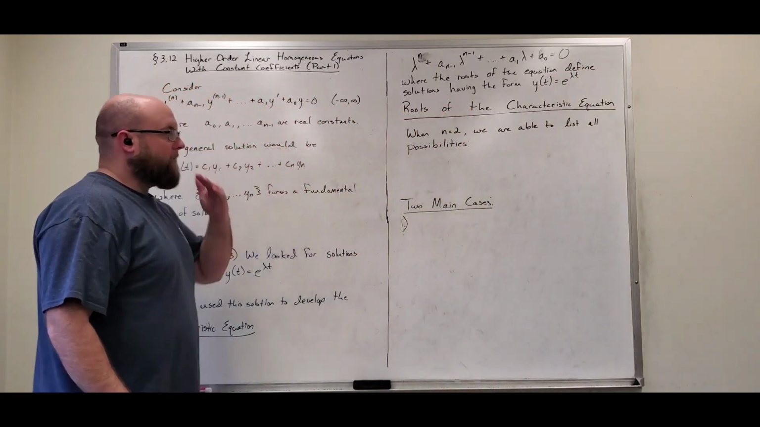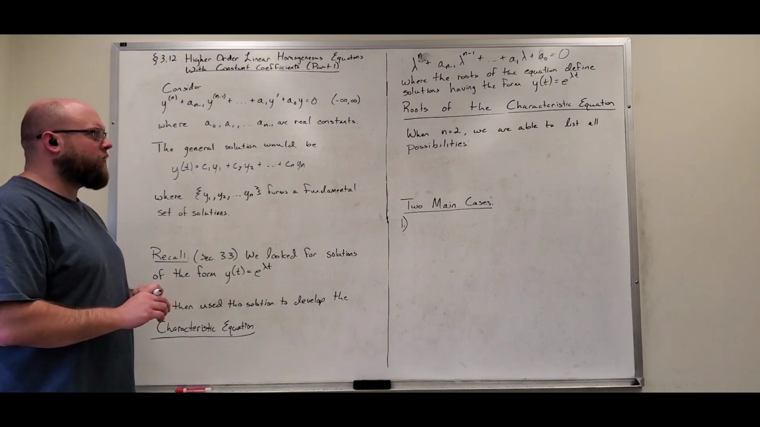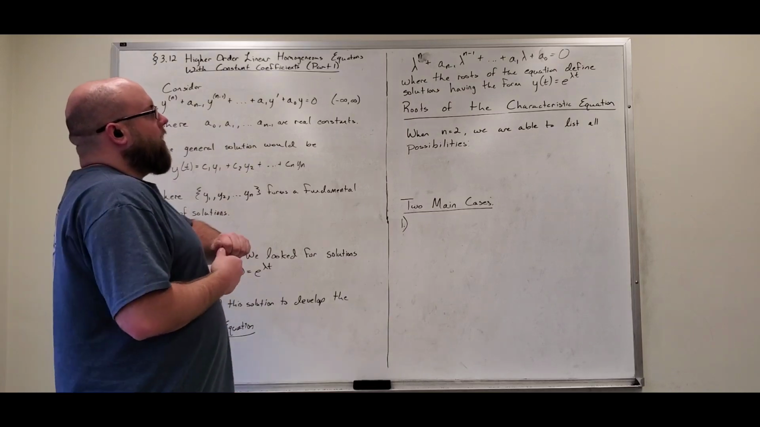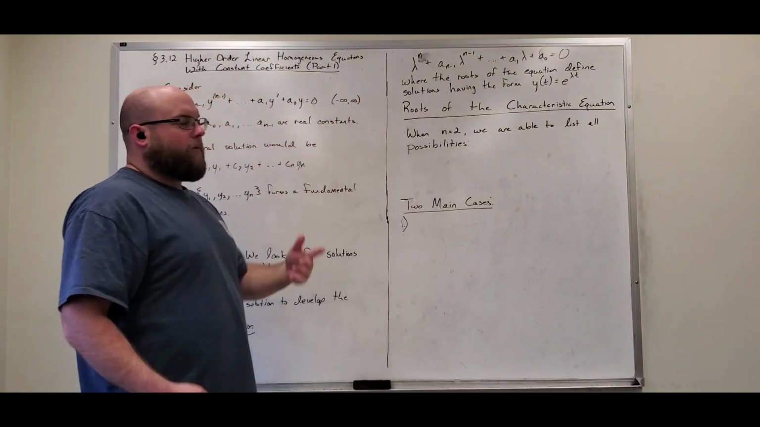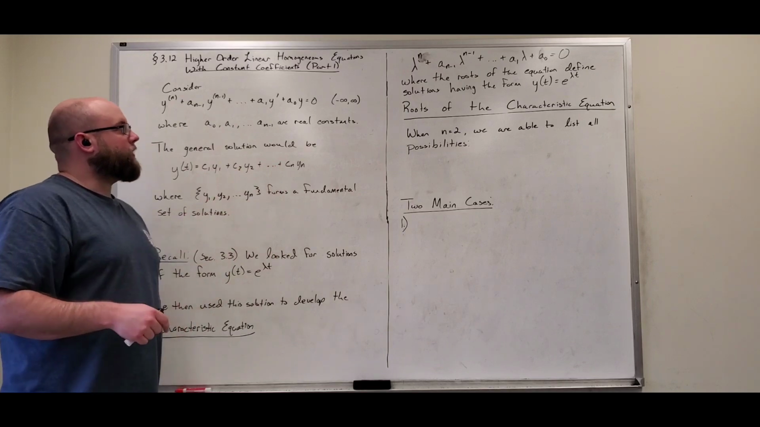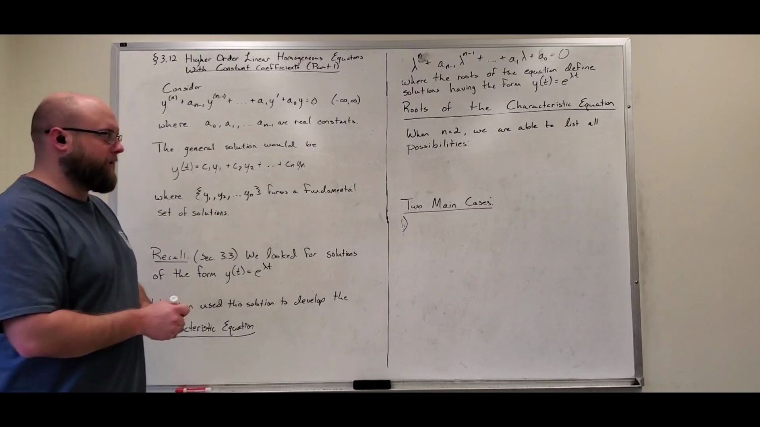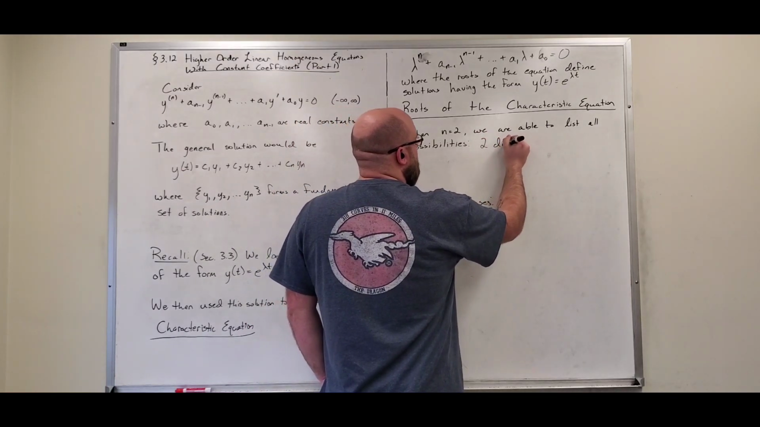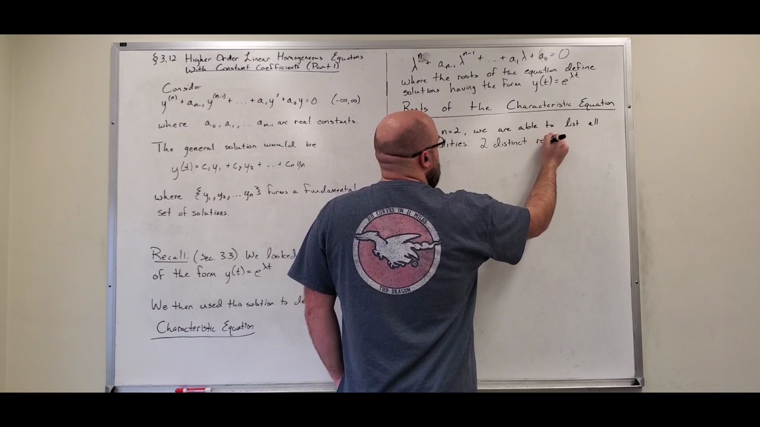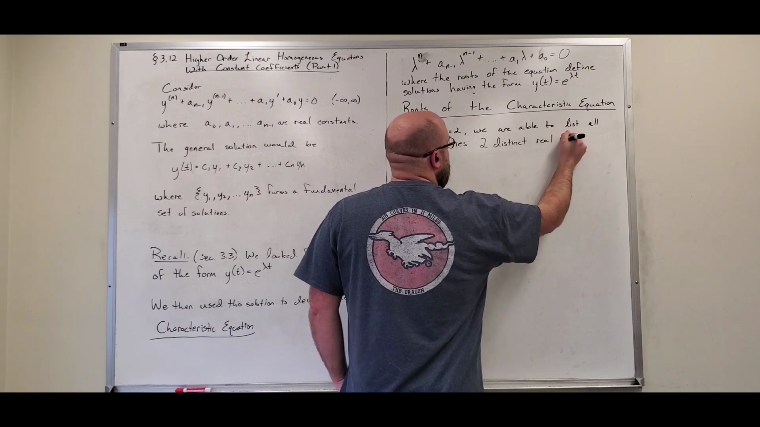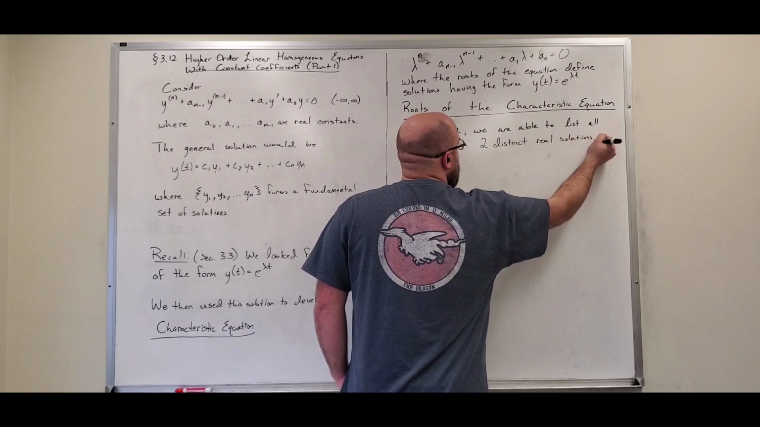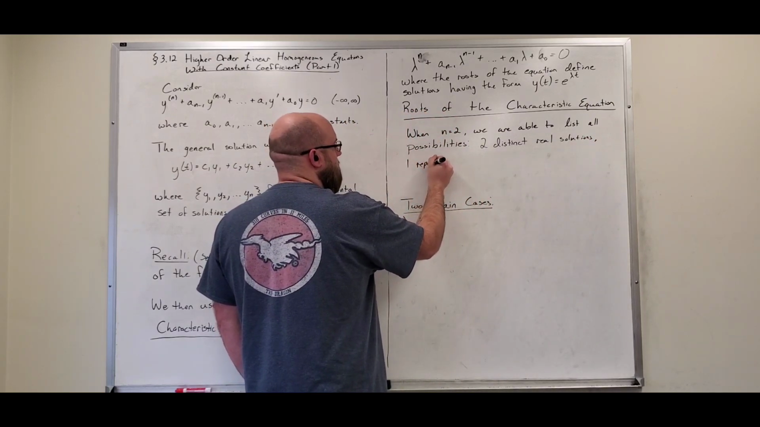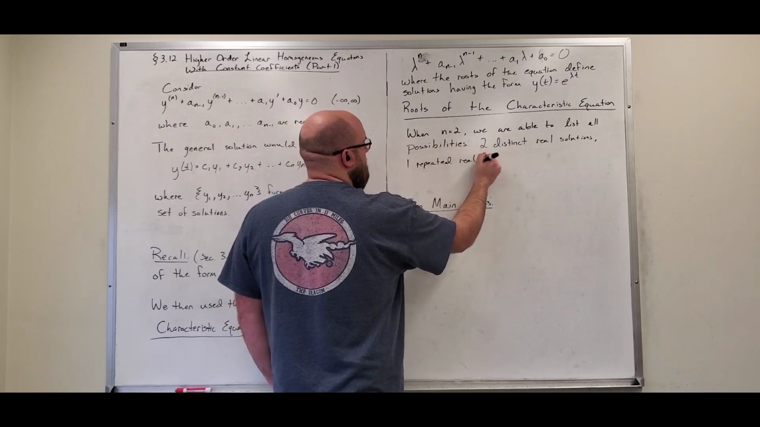All right. So let's talk about these roots, because we are going to run into some issues like what we did from section 3.4, 3.5, and 3.6. So here, the roots of the characteristic equation, well, when we dealt with the second order, when n was equal to 2, we were able to list all the possibilities. And those possibilities were straightforward. We either had two distinct real solutions, we had one repeated real solution,